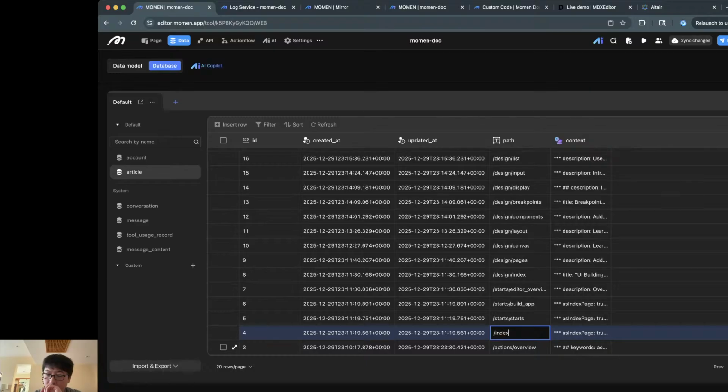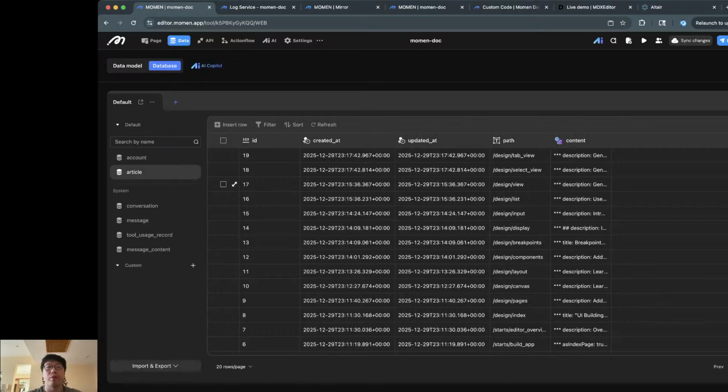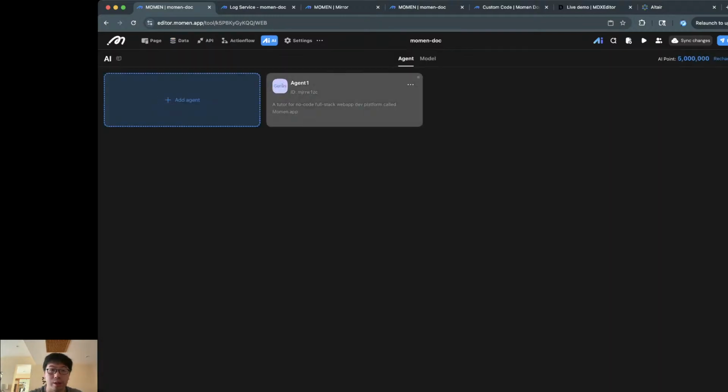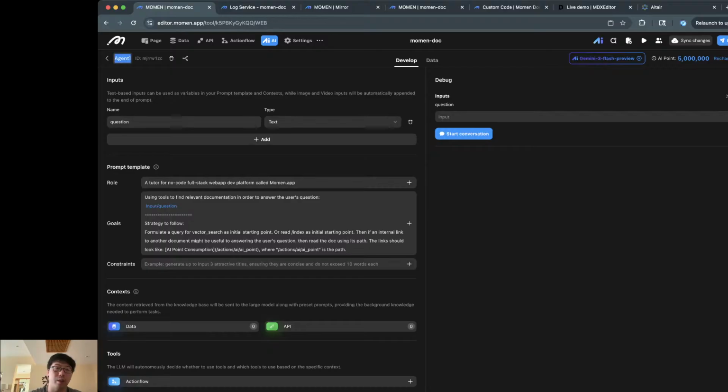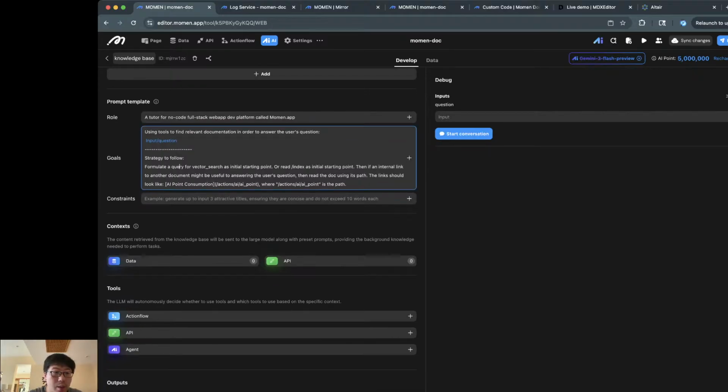We have an index as a starting point, but maybe, just maybe, we'll get all the paths for the AI, and it can choose which one to read. Okay, so I think that's a better strategy. Let's do that. We'll call it the knowledge base, and instead of that, we'll see, based on the paths